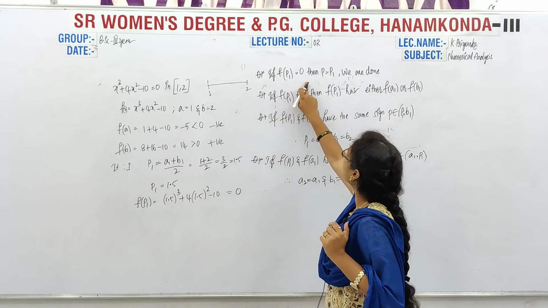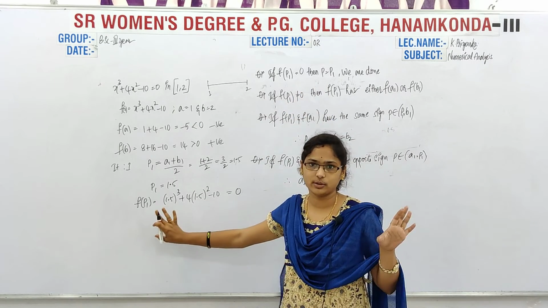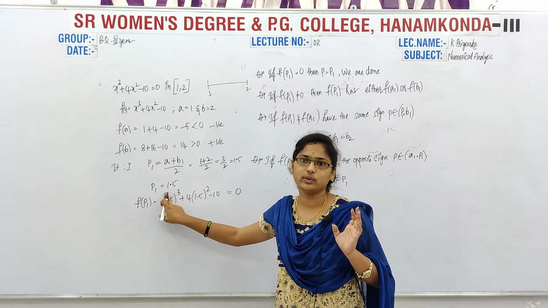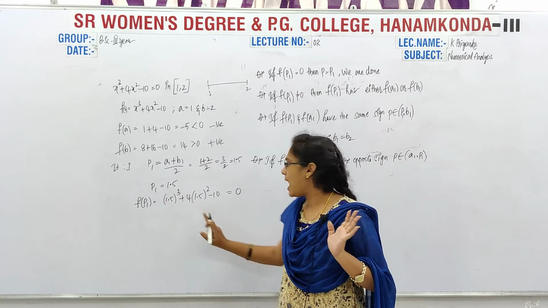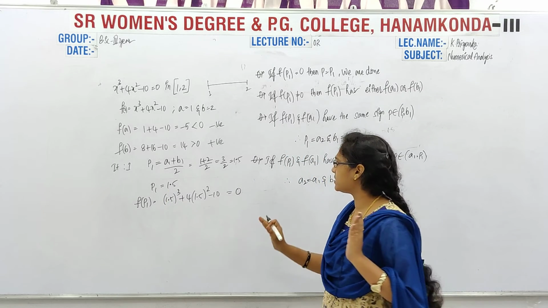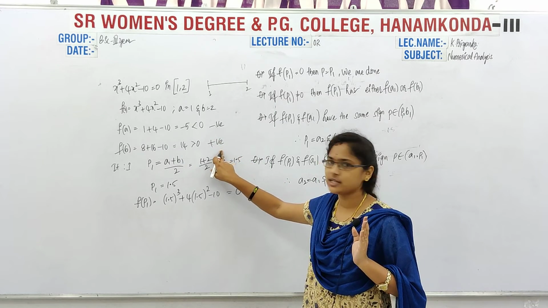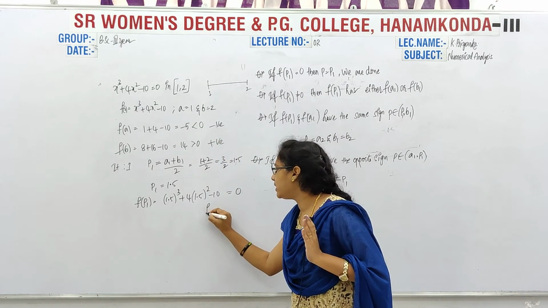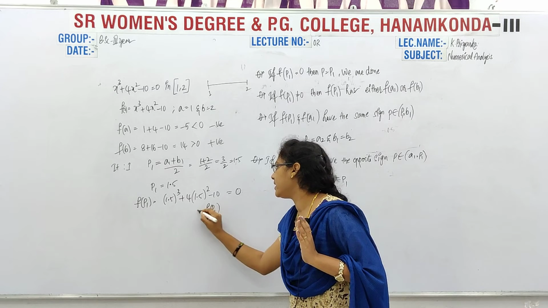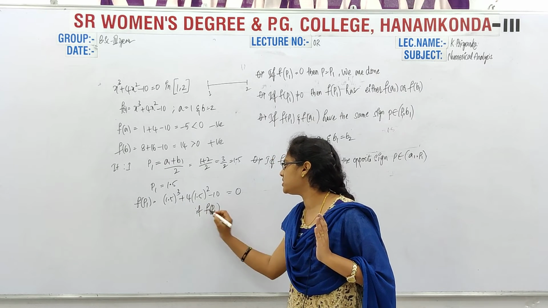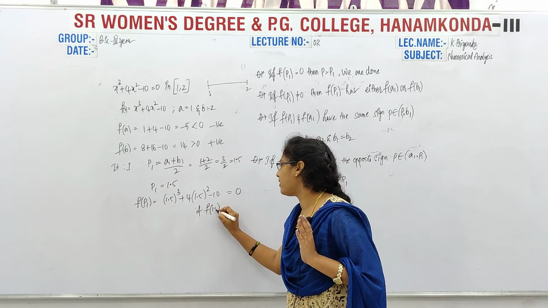If this value is 0, then we simply stop the procedure and the required root is 1.5. That's it. And if not, we have f of a negative and f of b positive, and by calculating this f of p1, that is f of 1.5,